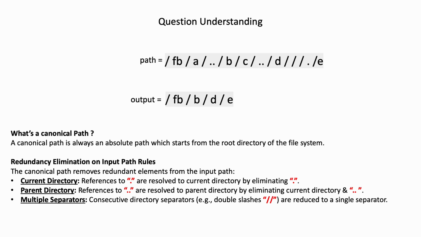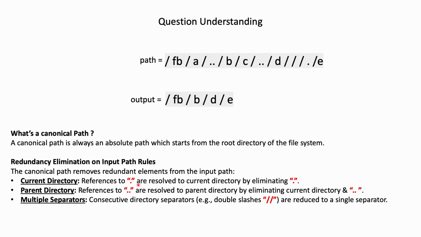Let's understand the question using this example test case where path is this and output is this. Let's understand what a canonical path is. A canonical path is always an absolute path which starts from the root directory of the file system. To transform the input path to a canonical path, we need to apply some redundancy elimination rules on the input path. Those are: